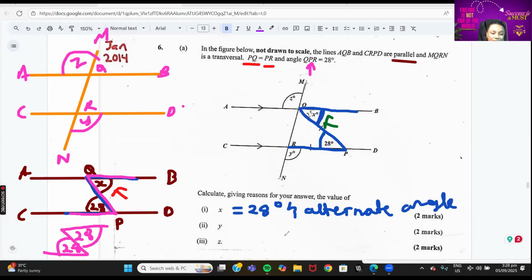So you get some 1 mark for that 28, and the next mark is for whether or not you say it's alternate. If you say the wrong thing, you get 1 out of 2 marks. If you say the correct thing, you get full 2 marks. So don't take not writing reasons for granted. You need to write your reasons for these questions, especially when they say given reason, okay? So the next one,